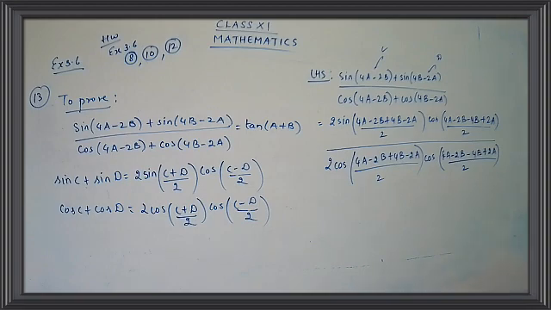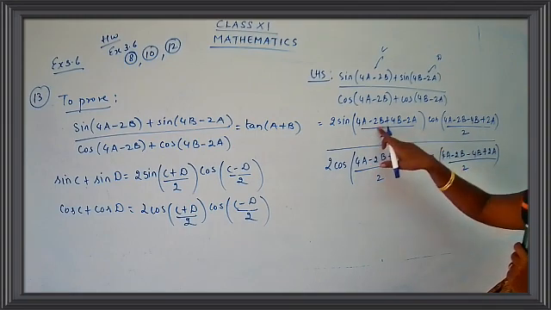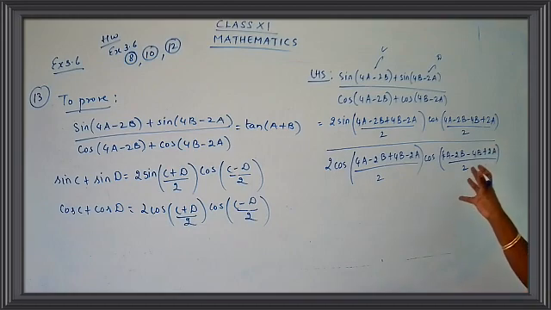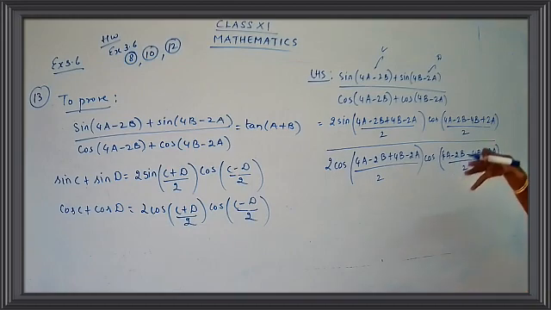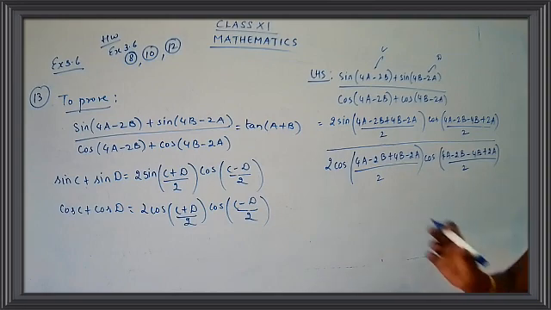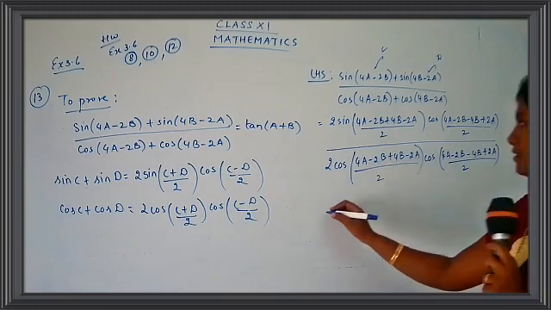Now children, let me simplify it. Let's do the simplification. Be careful when you add the numbers. You have to take the same terms together. So 4a and 2a, then 2b and 4b. Be careful when you choose the numbers. Many terms are included over here. When we come to the final step, we will be just reducing to one answer. We will get the answer directly as tan of a plus b. Okay, let's do the simplification.